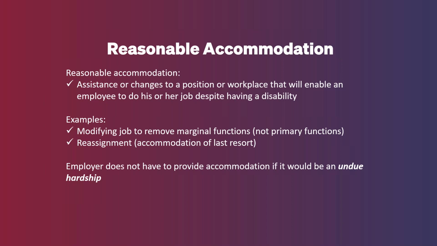Or it is changing the nature of your business. Obviously, if you're a seafood restaurant and you've got an employee with a seafood allergy, you can't accommodate their seafood allergy by removing all seafood from the menu. That's changing the nature of your business. That's not a reasonable accommodation. So something that's going to change the nature of your business or hurt the bottom line of your business, that would be an undue hardship.